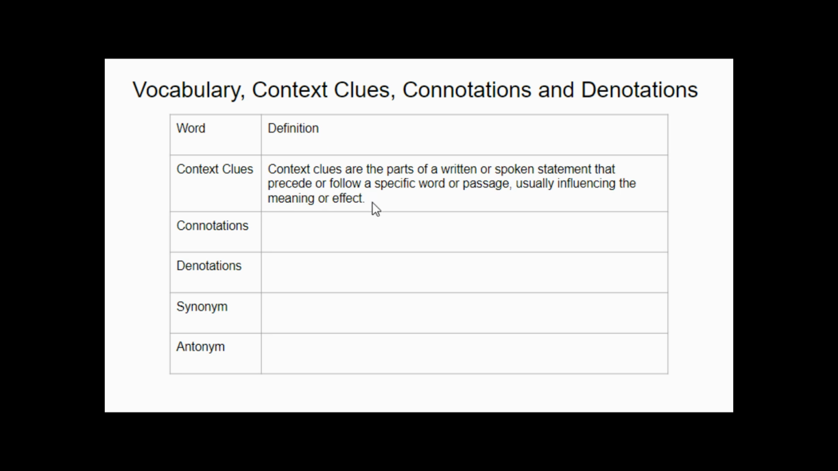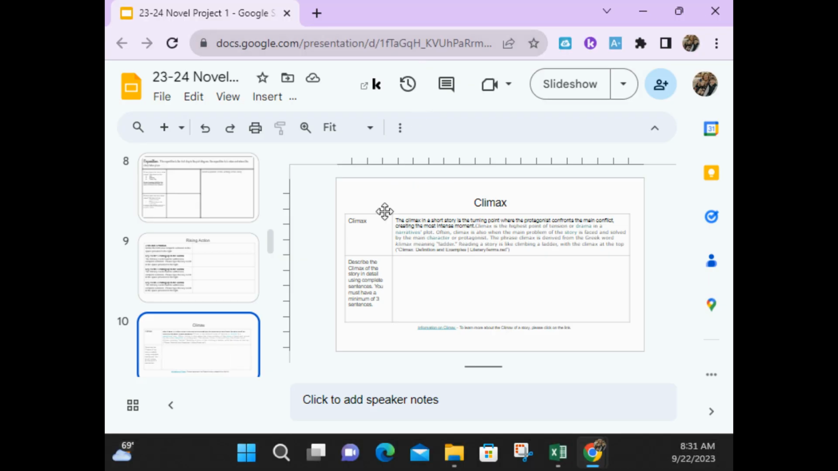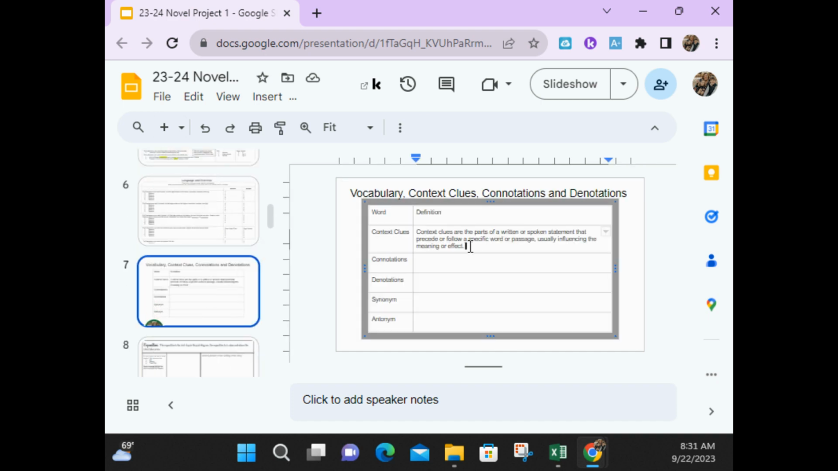Now, if you will look in your data folder, you have a list of academic vocabulary words. Now, the definition here, there are 2 of them, and I want both of them. The rest of it is